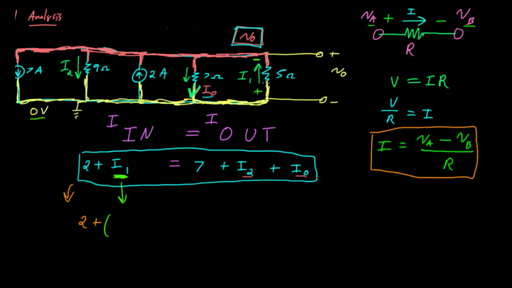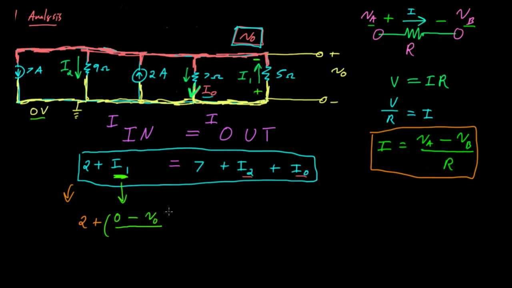Because the bottom is our ground node, my VA in this equation for I1 is going to be 0. That's my VA, my voltage on the starting side of where the current is. And now I'm going to subtract the voltage on the finishing side of the current, the lower voltage for this current. That's V0, my unknown voltage, one of the things I'm trying to solve for. So I've got 0 minus V0, and then the last step is I have to divide by my